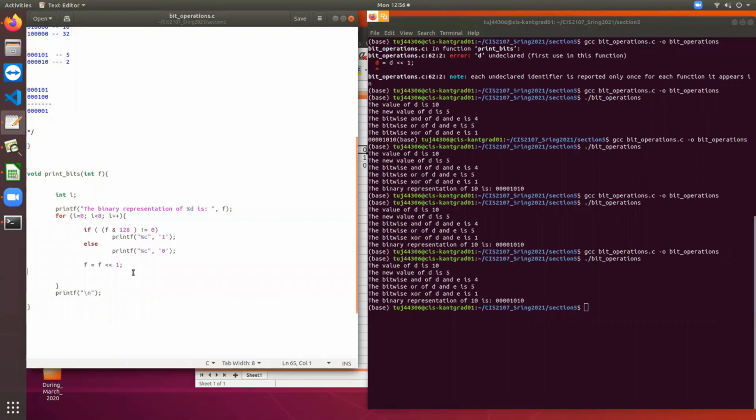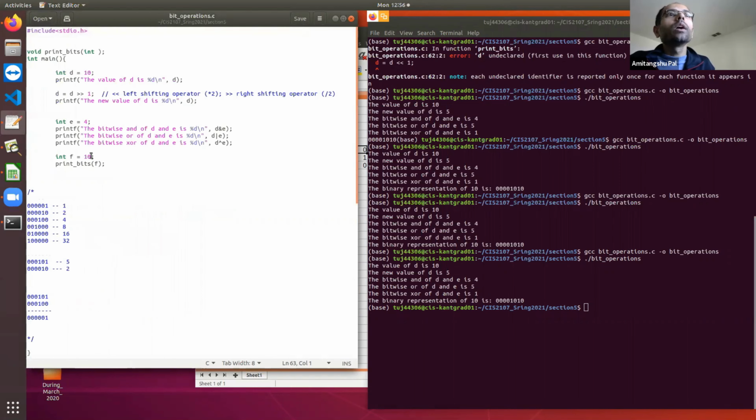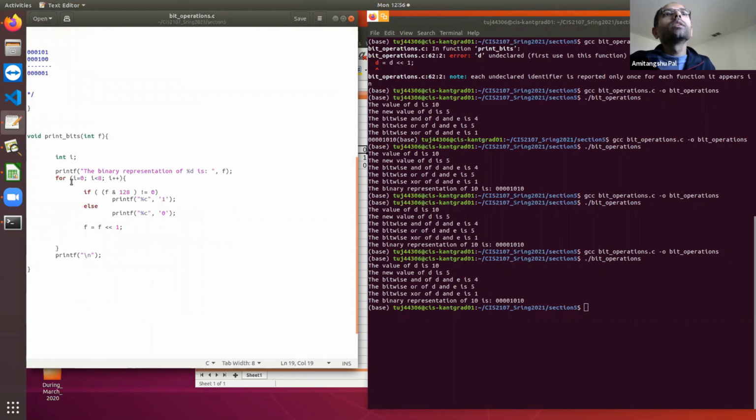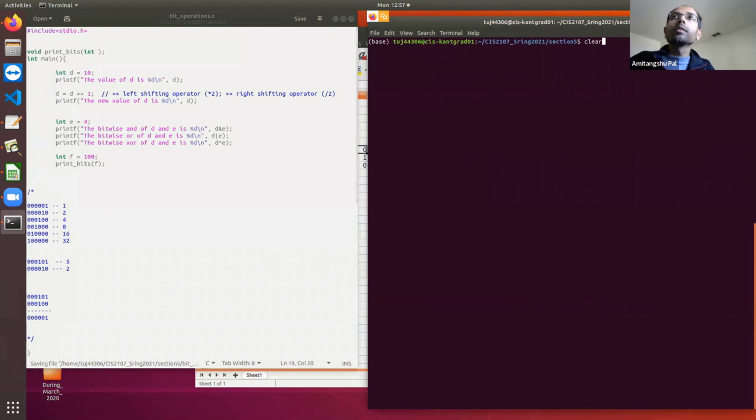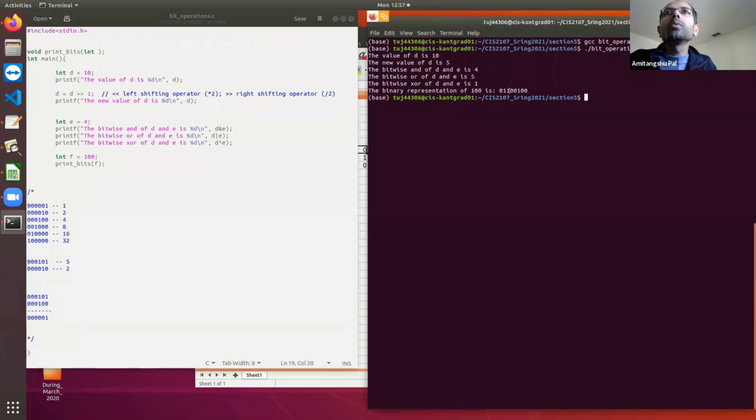Okay. So if this logic is correct, then I can change the value of f, and we'll see whether it is working for other values or not. So let's make it 100. So here it is showing 0, 1, 1, 0, 0, 1, 0, 0. I don't know the binary notation of 100.